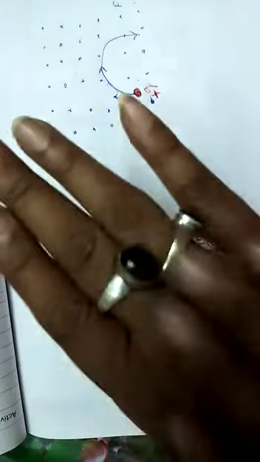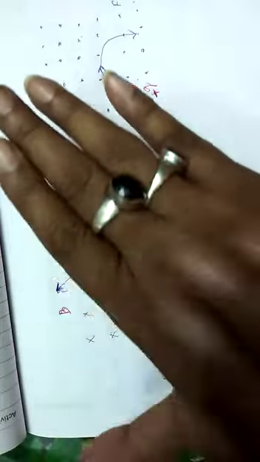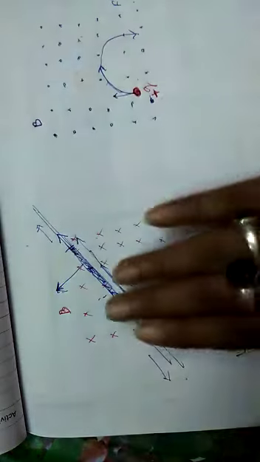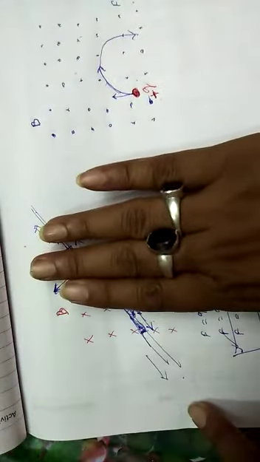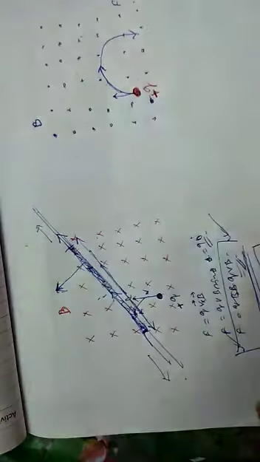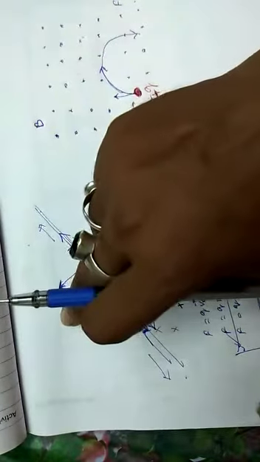So this is the direction of the magnetic field, in the downward direction, and this is the direction of the current. You can see that your palm is directed from top to bottom, that is the direction of the magnetic field, and your fingers are directed towards the current, or towards the positive charge. So here the force is acting in this direction. From Fleming's left hand rule, we can also verify that the force is acting on this wire in this direction.